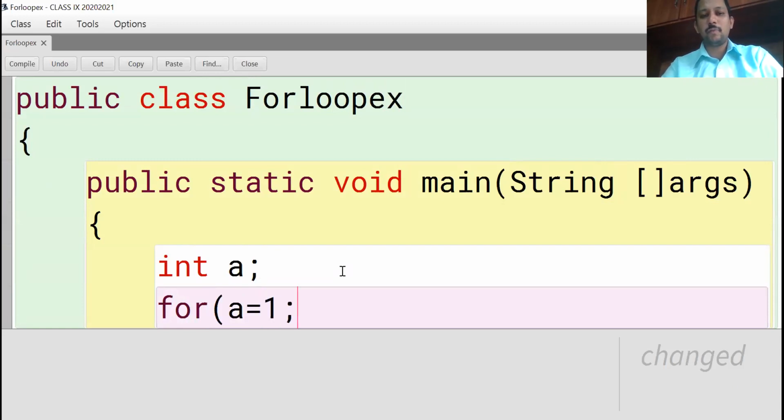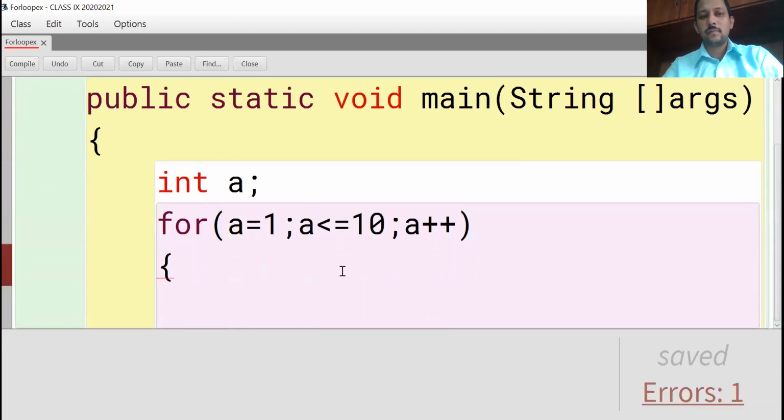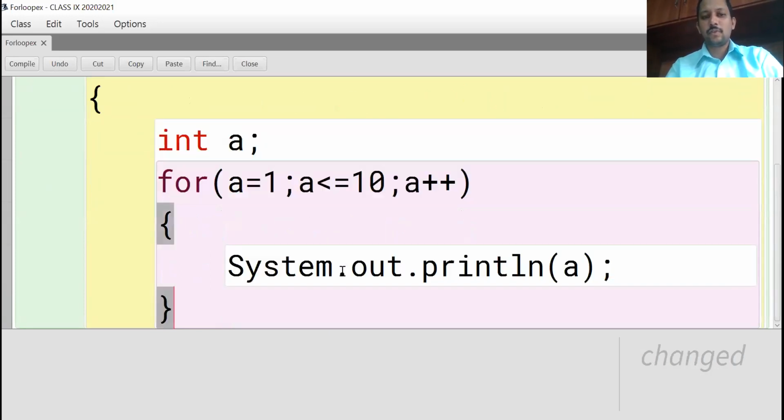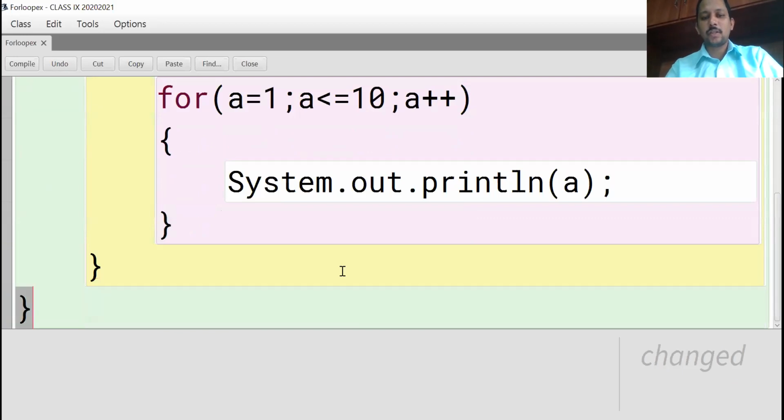If you want to print from 1 to 10, then initialize with 1. Less than or equal to 10. a plus plus. System.out.println(a). Close for loop, close main, close class, compile.